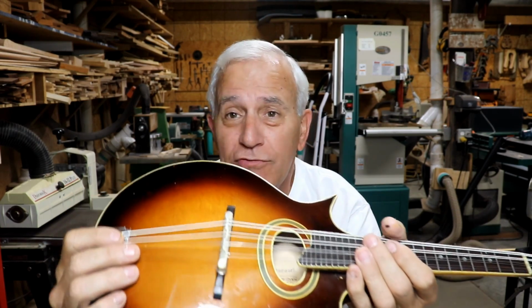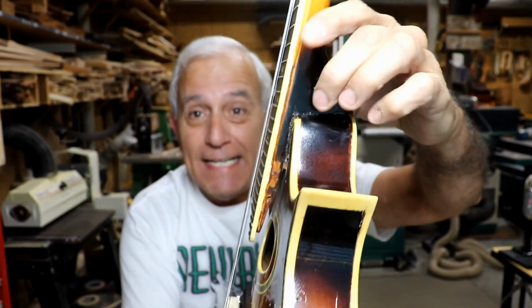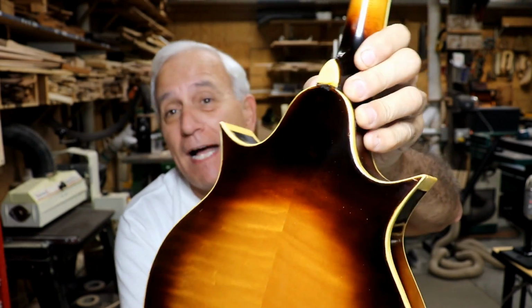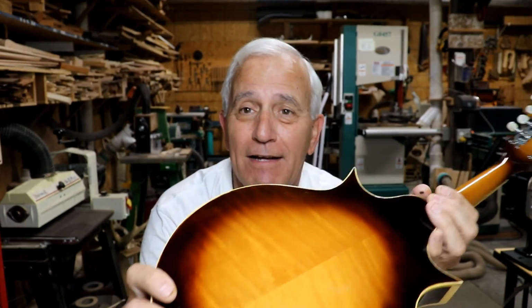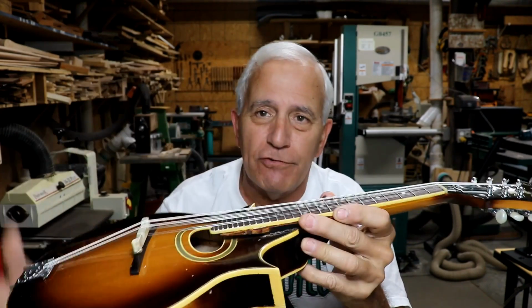Well, can you say deja vu all over again? That neck, the neck that I did not want to touch, this neck joint, because somebody else had already done it and put it back in there, I thought it was solid. Not so much. It's coming loose. Oh my gosh, I almost cried yesterday. So I went from a crazy high of finishing that Gibson to a crazy low of having to start over on this thing from pretty much scratch. I mean, the work I did on the truss rod needed to be done, and that's all good stuff still,